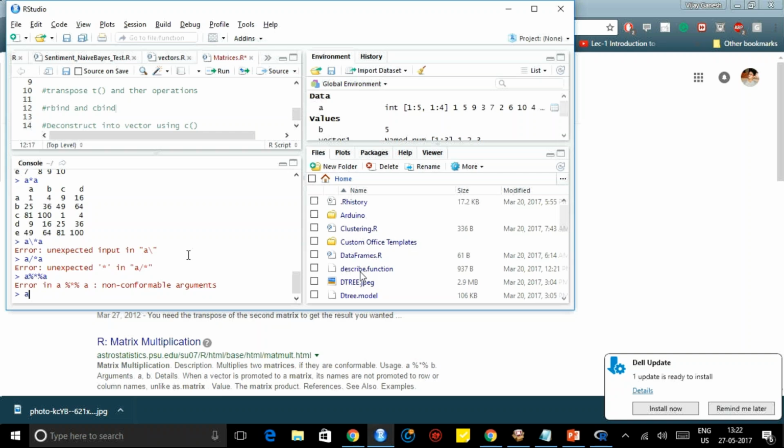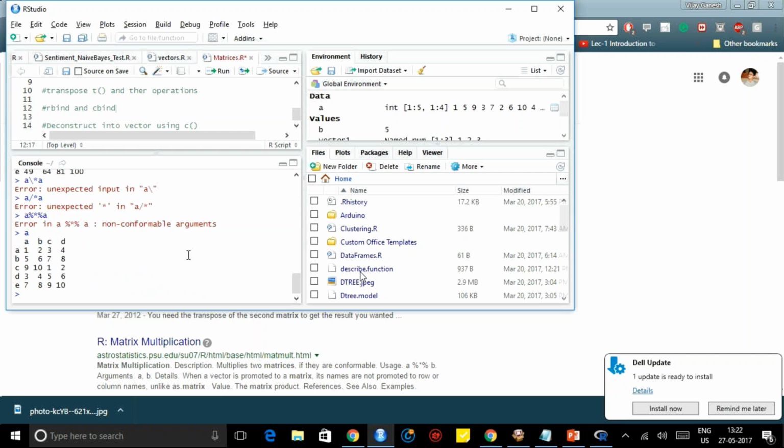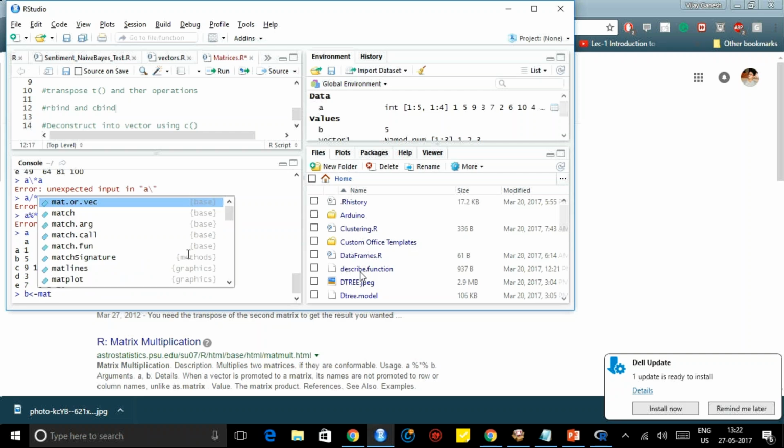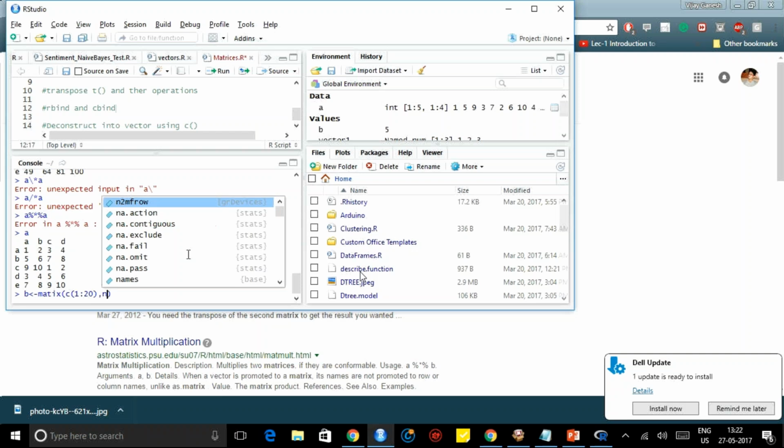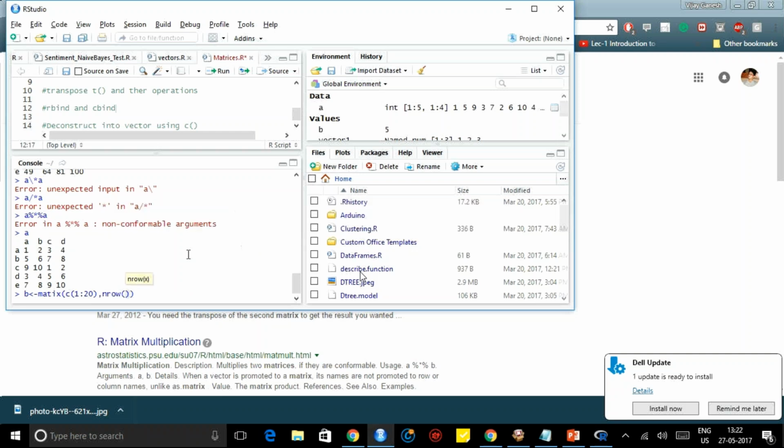So what is A? A is a 5 cross 4, right? So we'll create B as a matrix. So it must be 4 cross 4.